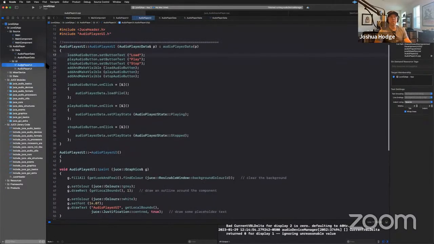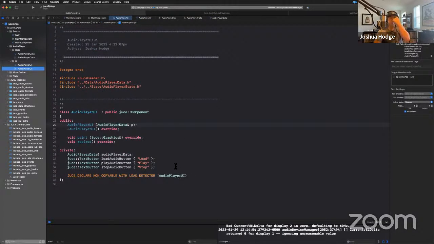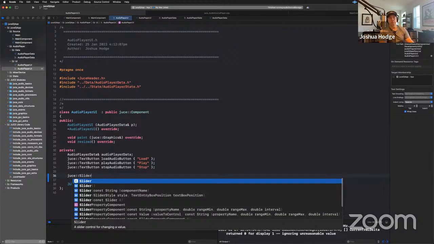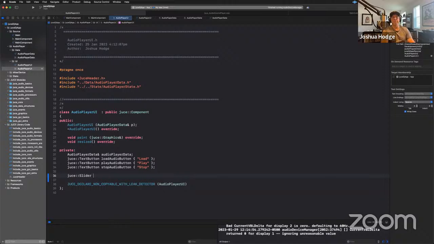So what I'm going to do is go to my UI here and create a slider. Once again, we're not paying attention too much to the UI at the moment. We're just putting some UI elements on the screen to get some basics up, and later on we'll jumble this around and make it look nice, but we're just trying to get the very basics going. So we have the JUCE slider class. So if I go JUCE slider, and we will call this